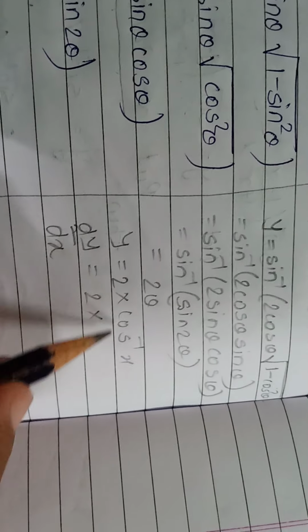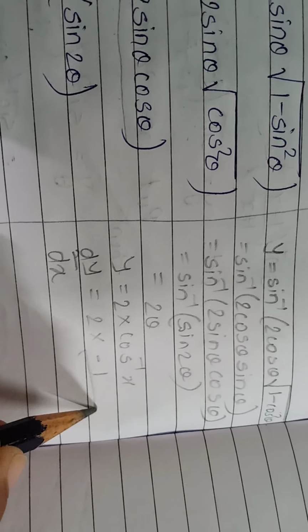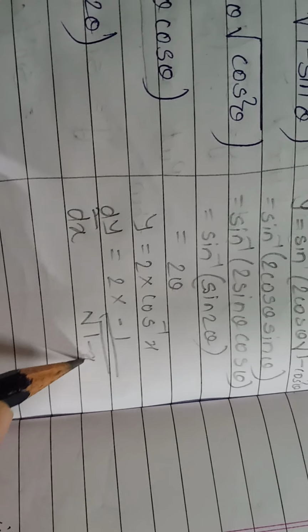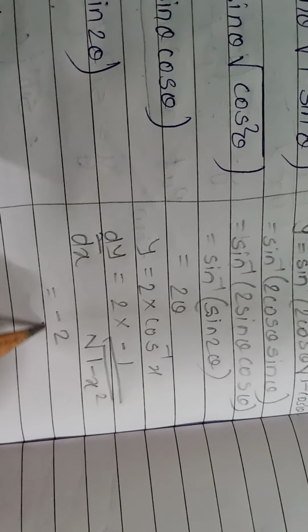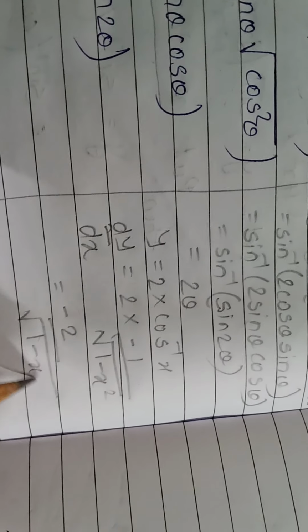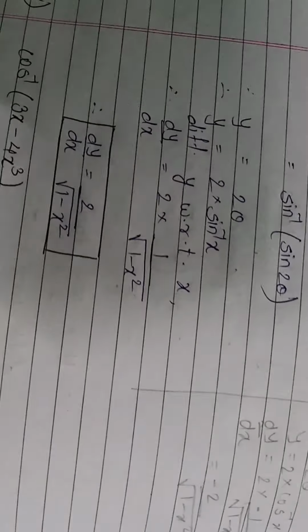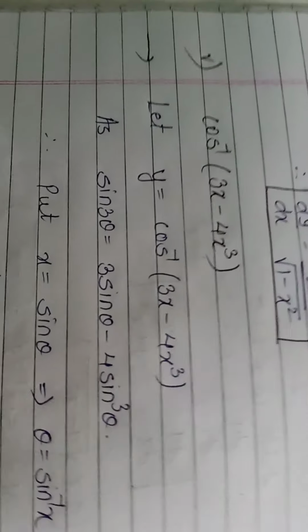we know that the cos inverse derivative is with a minus sign. So that is the difference in the answer. So it is minus 1 upon square root of 1 minus x square. So this question's answer will come as plus minus 2 upon square root of 1 minus x square. Either plus or minus, both answers will be correct. Okay, understood? So no need to get confused. This is very simple.